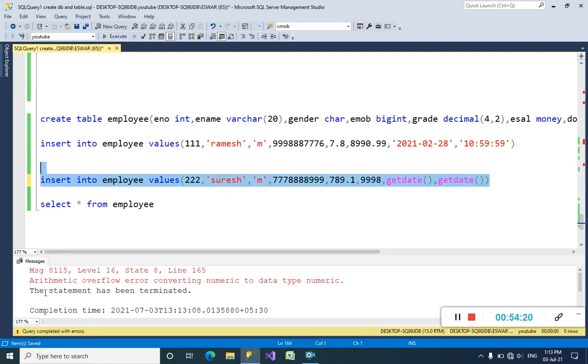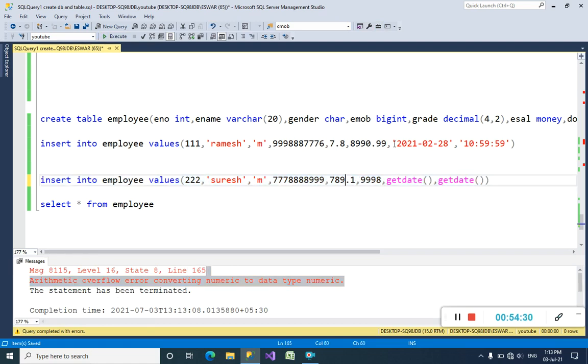Yeah, arithmetic overflow error converting numeric data type to numeric, because see, guys, I have declared grade as a decimal with precision of 4 and scale of 2. It means it must have 2 decimals.